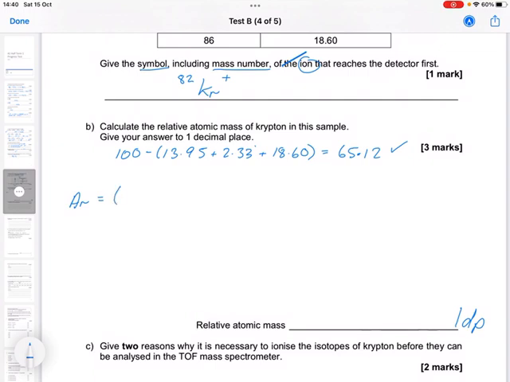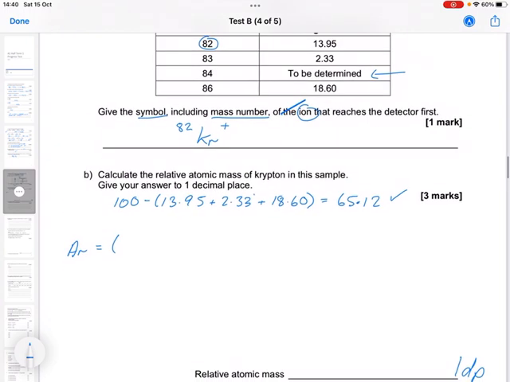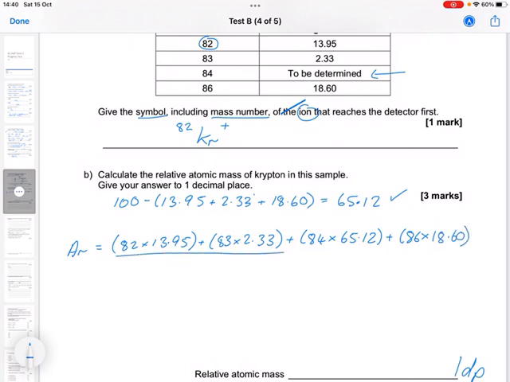So 82 times 13.95 plus 83 times 2.33 plus 84 times the one we've worked out, 65.12, plus 86 times 18.6, all divided by 100, because the total abundance is in percentages, and percentages are 100. So there'll be a mark for the working out. That equals